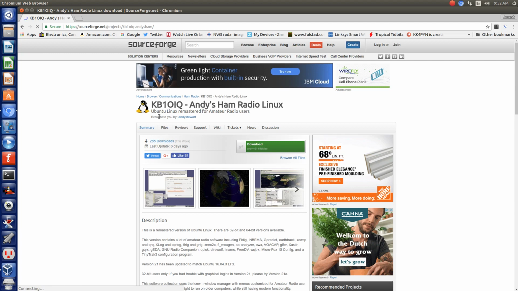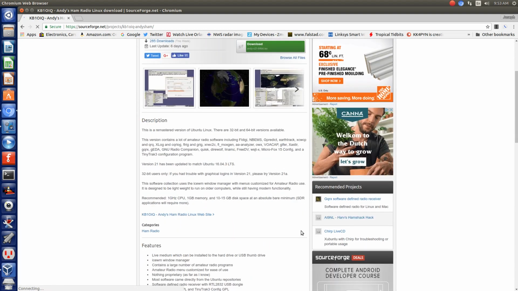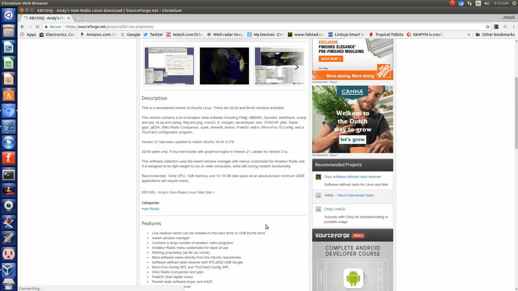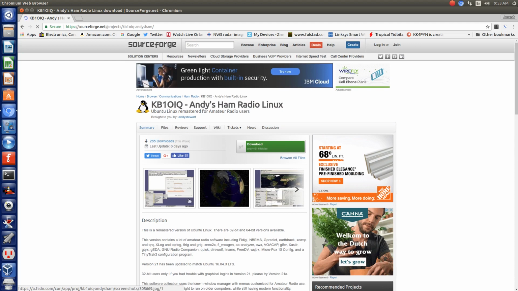And I'm going to look him up on QRZ, not right now, but KB10IQ. He's done a really good job, and I really appreciate him putting out stuff like this. Linux can be intimidating to some people, so this makes it a little bit easier. So we're going to go through and install this in a VirtualBox. If you want to take a look